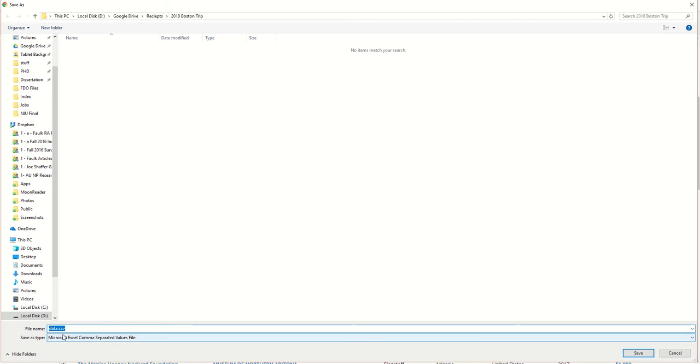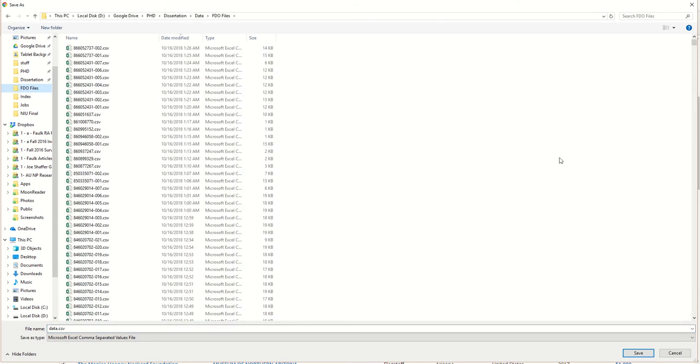It's going to come up as named data.csv. We don't want it to be data.csv. What we're going to do is put them in here. You will be saving them locally on your hard drive and then uploading them into a Dropbox or something. We'll cover that later. So what you do is, because there are less than 100, we just name the file